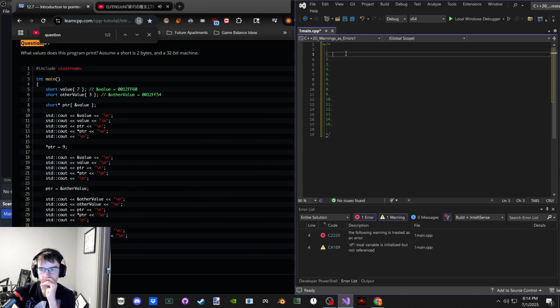First, we're printing the address of value, 0012FF60, right? And then we're printing the value of the object, or the value the object's holding. And the pointer is holding the address, so it should also be 0012FF60, right?